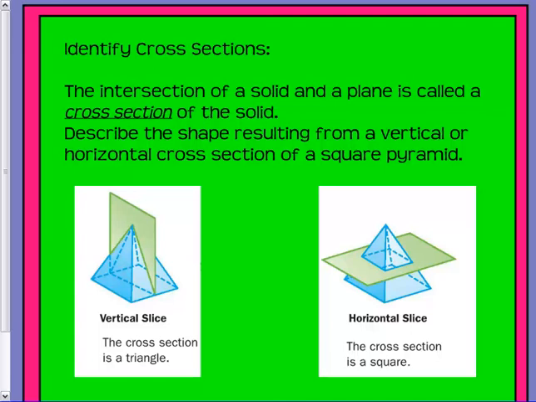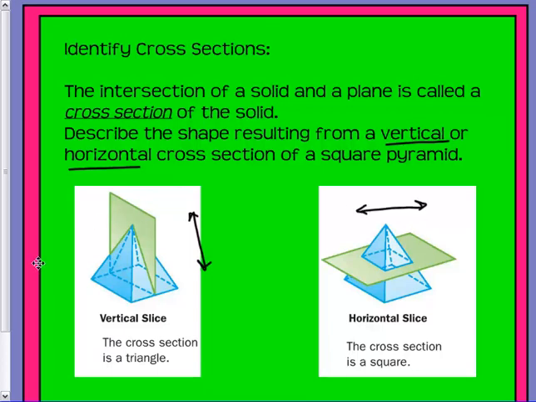Okay, so cross sections are intersections of a solid and a plane, and it's called the cross section, okay? So when I take this plane, like think of a plane as being like a little sheet of paper or something, and it slices through the prism or the pyramid or whatever you want to call it, slices through the shape of your solid. They want us to describe the shape resulting from the vertical, which would be up and down, or the horizontal, which would be across,